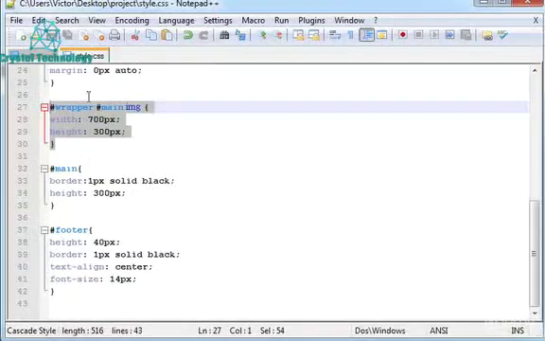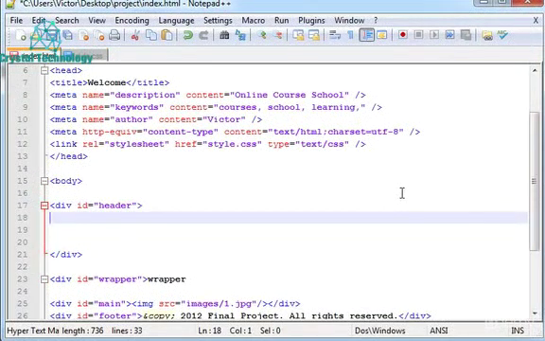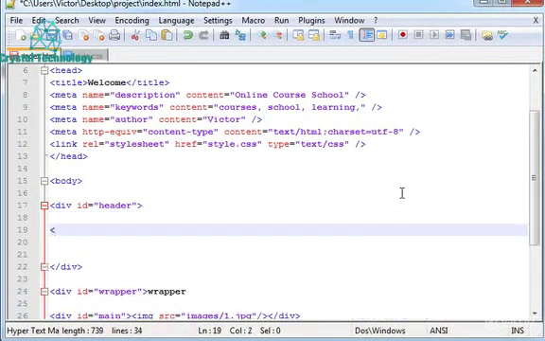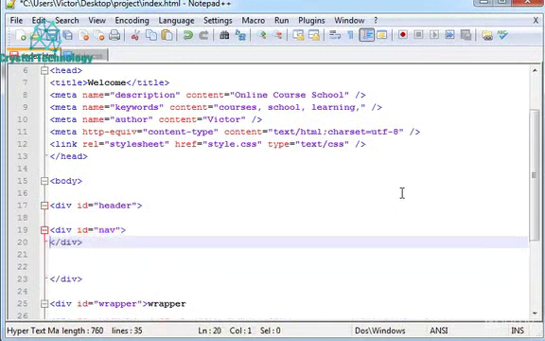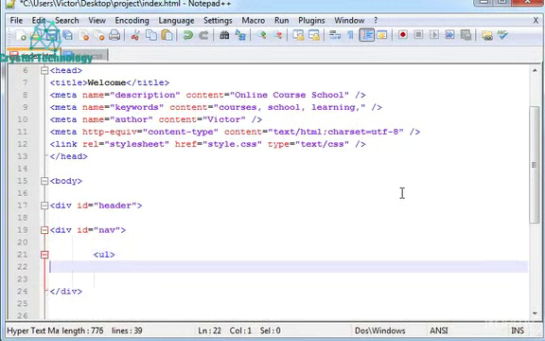So let's go back to index.html, and inside the header we will create a new div, id equals nav. Let's close it here. And in here we have to type an ordered list